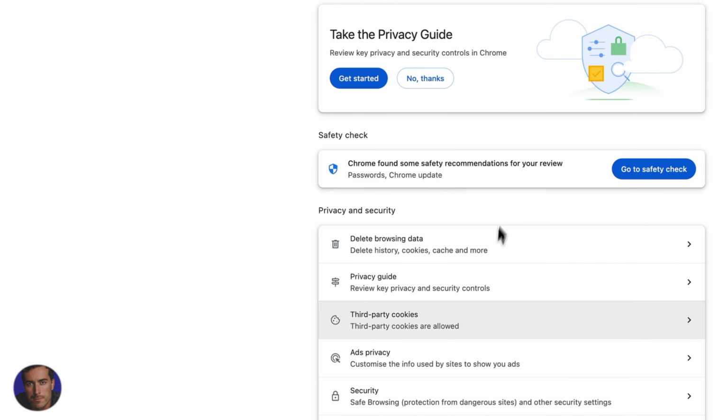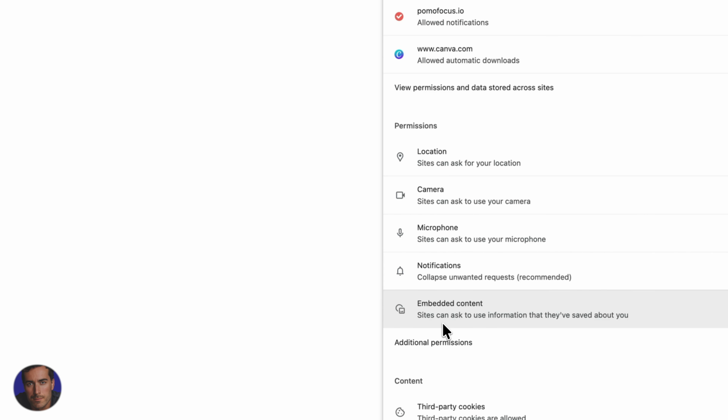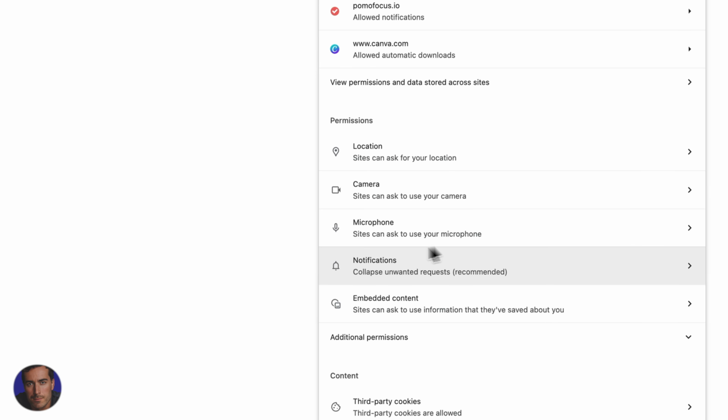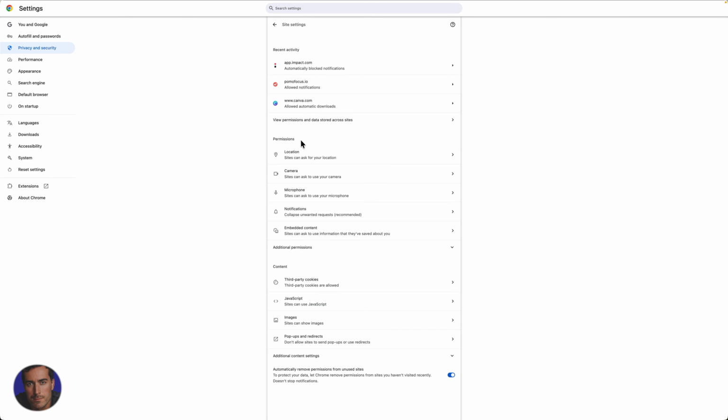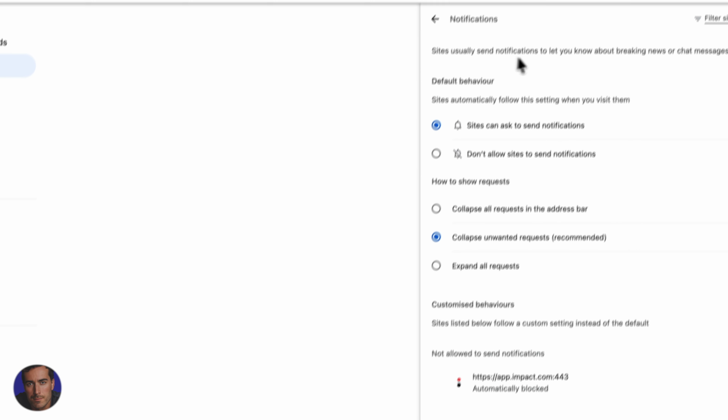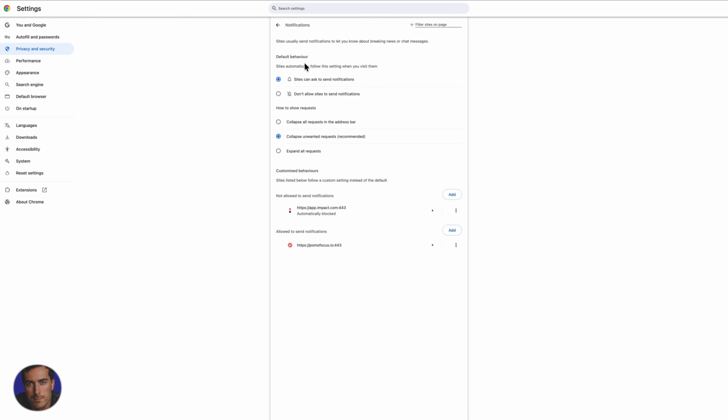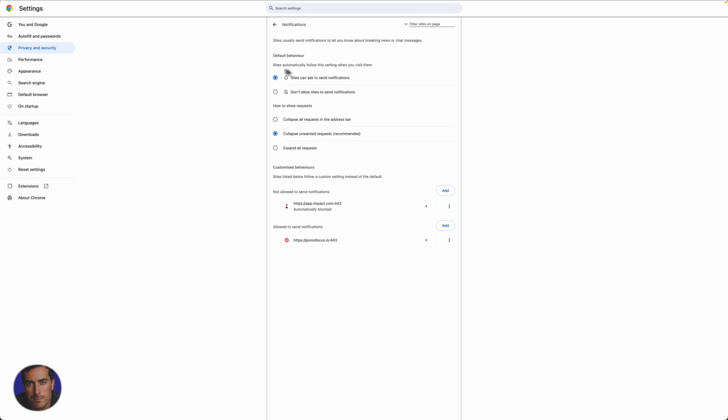Privacy and Security open at the bottom. We click on Site Settings. Now in the middle, you'll see notifications. So you've got permissions, and it should be about in the middle of your screen, notifications where we can collapse unwanted requests. So we click on that, and now by default, the default behavior will be that sites can send